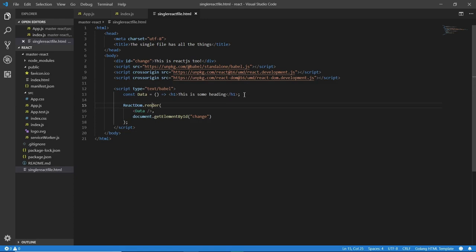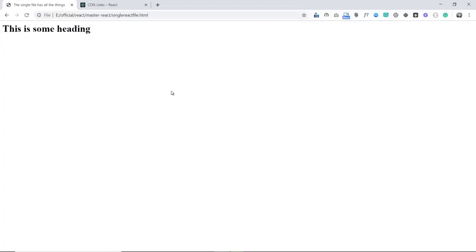One more thing I need to change. The DOM is also capital. Okay, now all looks fine. Now I can go to the browser to check this. Then we would talk about how it's working anyway. Here we can see that it was another text, but after refreshing it changed. I'm refreshing it again. You can see that first it was this is React 2, but later it became this